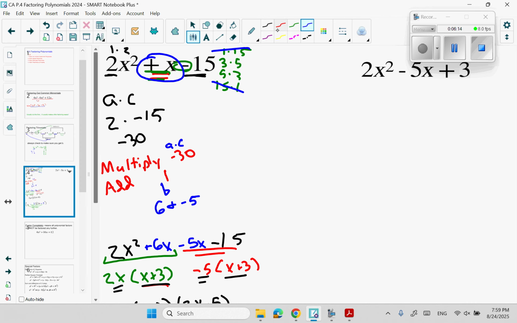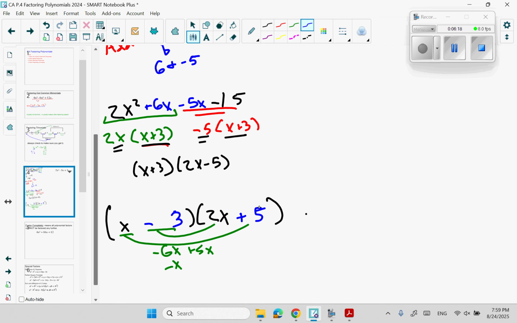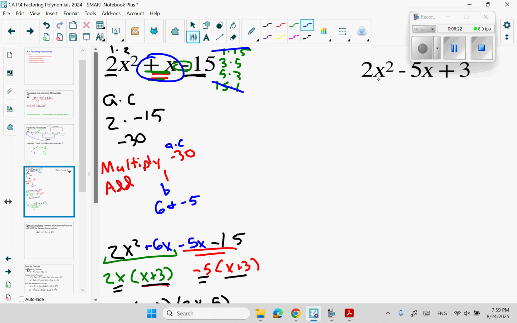Here we got another one. So again, I'm going to follow this pattern, but if you want to do this sort of layout of guessing and checking these things, feel free. So I'm going to get 2 times 3 is going to give me 6. So I want two numbers that multiply to 6 that add to my current b term, which would be negative